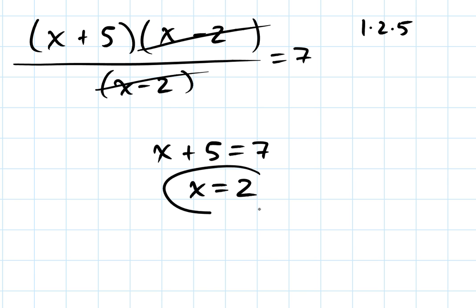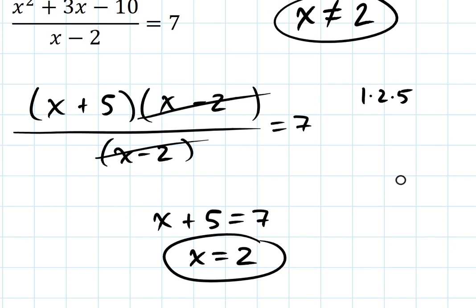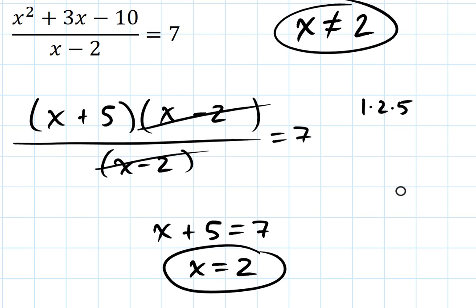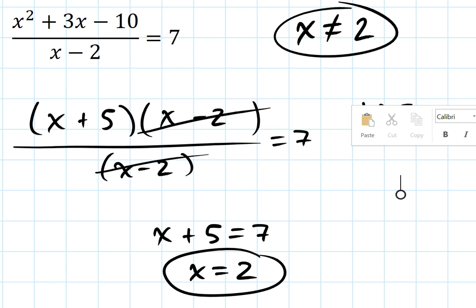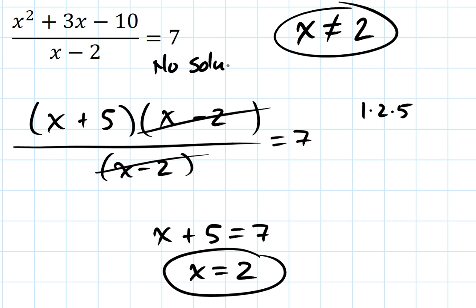Oh, that's fabulous. Except, remember one of the things we just said, I pulled it off the screen, is that x can't be positive 2. So although it's a nice solution that came up just in the course of solving it, it's not a valid solution. It's an extraneous solution. So for this particular problem, we have to say that there is no solution